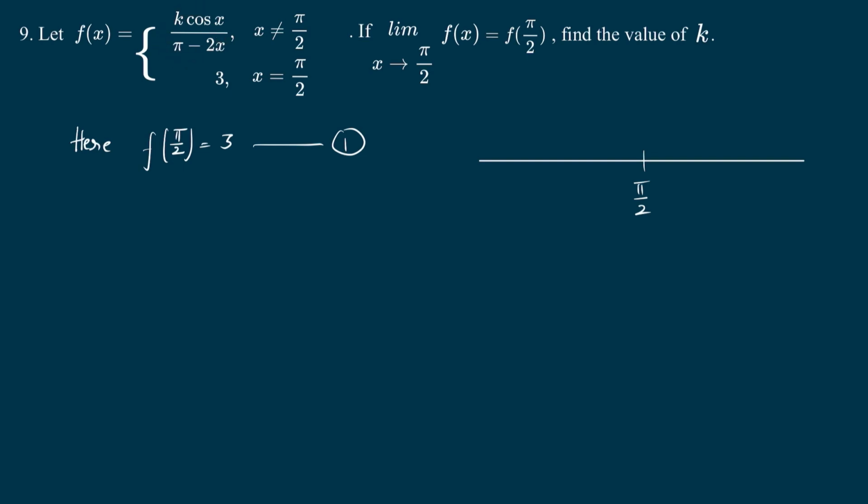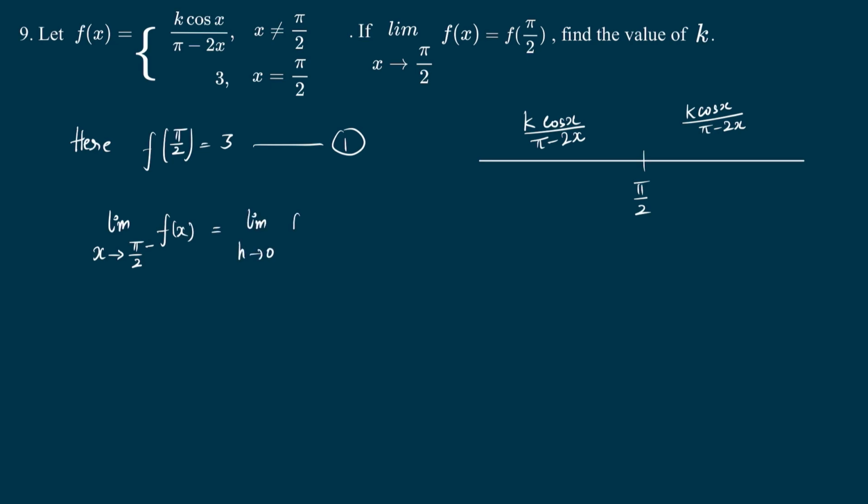So whenever the value of x is less than pi by 2, that time the function is this, and whenever the value of x is greater than pi by 2, that time also my function will be the same. Okay, so now let's start finding the left hand limit. So here the left hand limit, x tends to pi by 2 minus f of x, can be written as limit